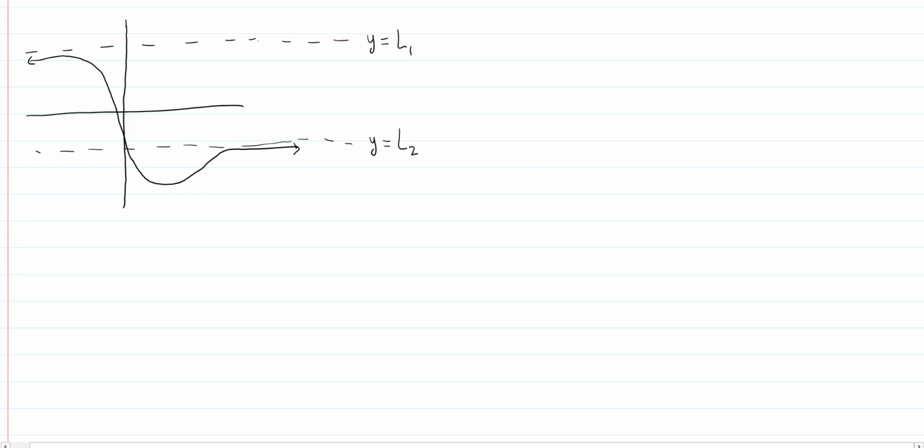So let's say I've got a function which maybe looks something like this. All right, so this function that I've drawn has two horizontal asymptotes. Let's say, for instance, maybe this line here is y equals L1. And this line here, let's say, is maybe y equals L2. Then from the picture, we could say the limit as x approaches negative infinity of this function f of x is equal to L1,